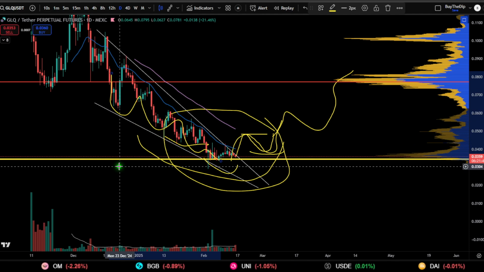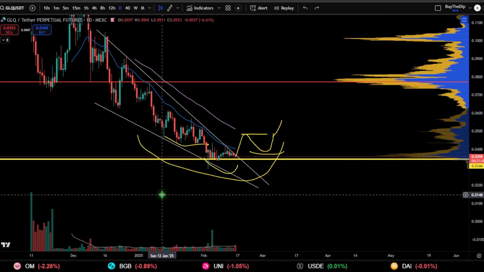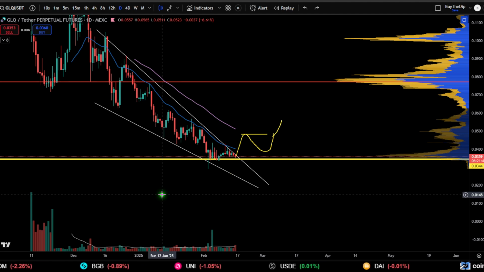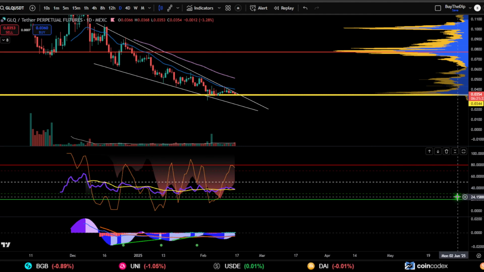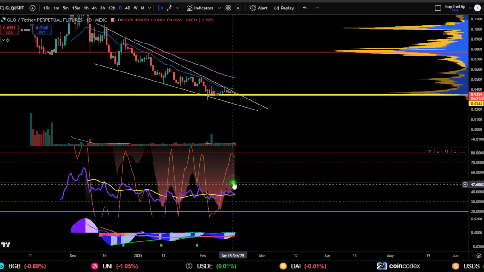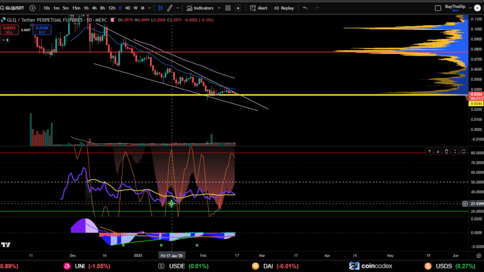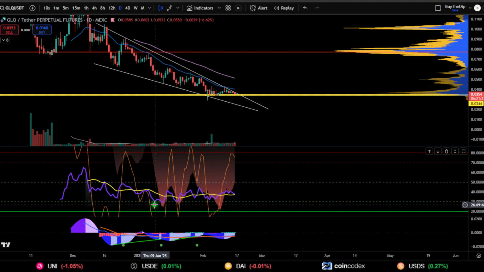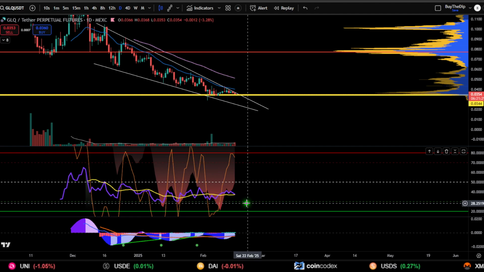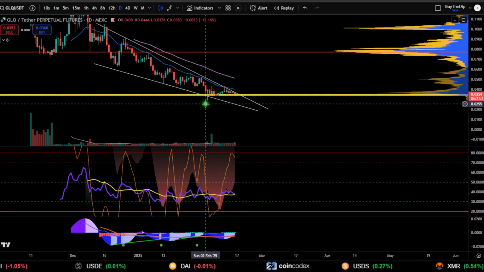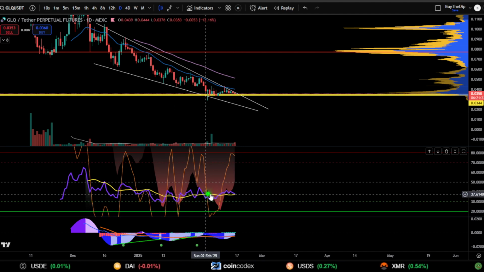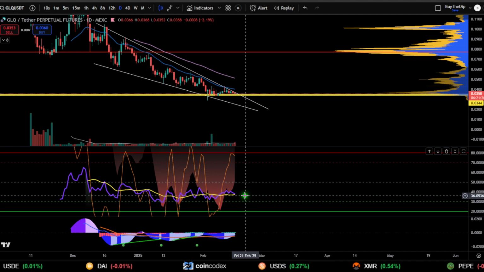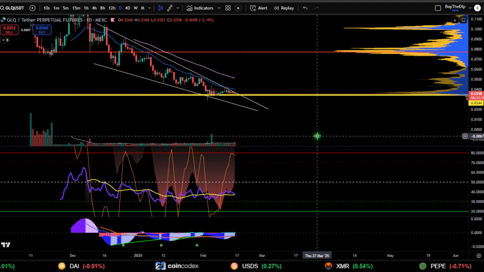Let me get rid of some of this artwork so we can look at it in a little bit more detail. Let's leave it nice and empty, and you can see that really there's a tad bit of divergence, right? A tad bit. I wouldn't say it's a strong divergence. We're flatlining. Usually when you see the momentum flatline like this while the price action's falling, it would be a class C. Some might say, okay, Mike, it's a class A because we're slightly upward sloping, but is that enough for you? It's not enough for me, right?